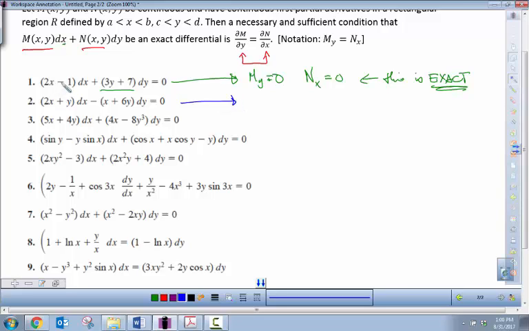And if you take the derivative with respect to x and with respect to y incorrectly, then it would be wrong. Yeah, so if you take the derivative with respect to x, this is 2, this is 3, and they're not equal, that doesn't mean anything in terms of differential equations or Calc 3. For the one that has a dx in front of it, that's the partial with respect to x, and you take the partial of that with respect to y. And on the other one, you take the partial